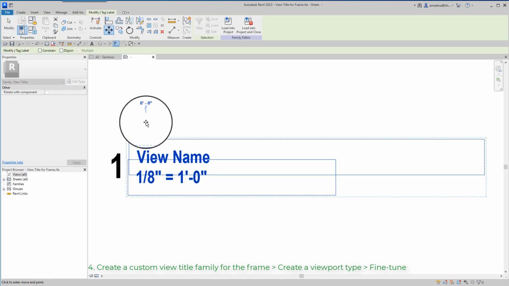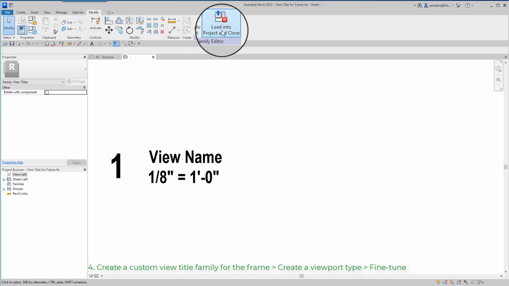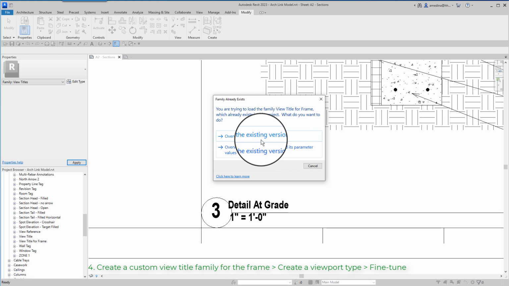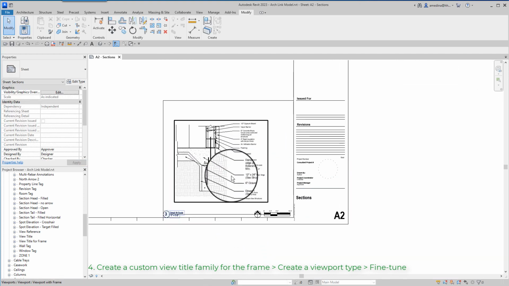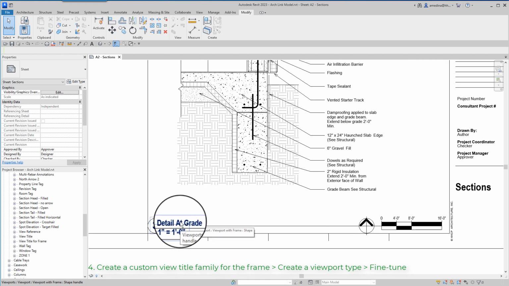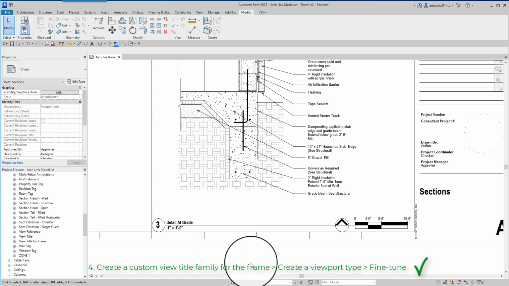I'm going to move them to the right, maybe 1/8 of an inch, like this, and then load into project again, overwrite, yes.